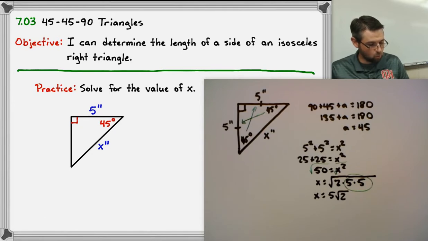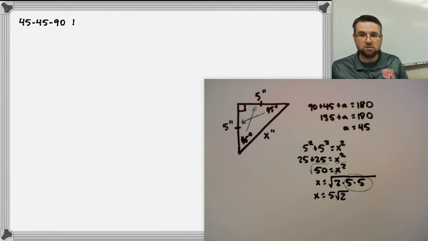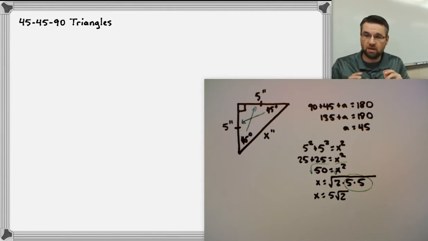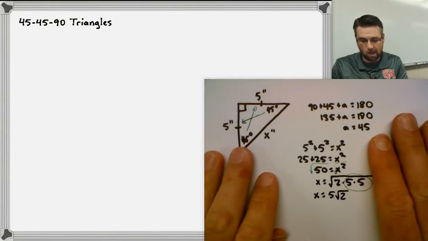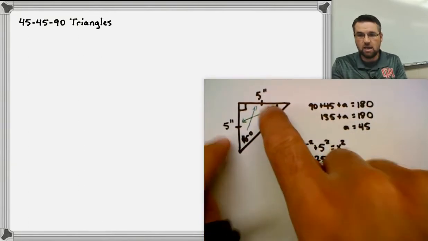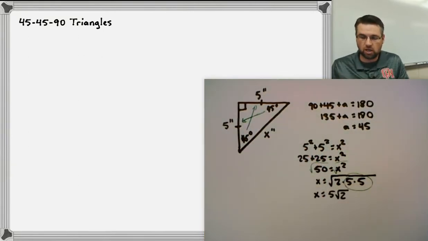Now that's just a little warm-up, because there's actually a shorter way of doing this, and this way is going to be more beneficial as you progress through math. The Pythagorean theorem is important, don't get me wrong. When you have two sides and you want to find a third side, Pythagorean theorem is the way to go. But if you have a specific case, the 45-45-90 triangle, then there's going to be a better, more efficient way, number one, and number two, it's going to build to future math concepts, like when you get to Math 3 and